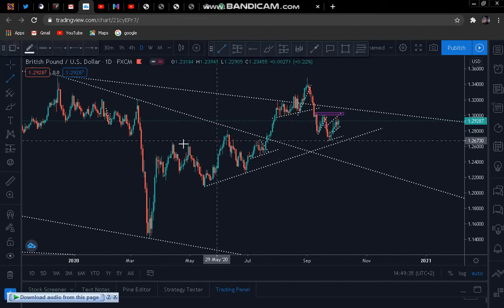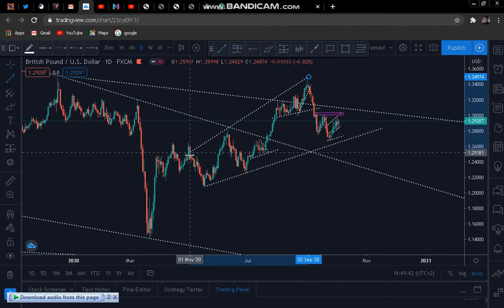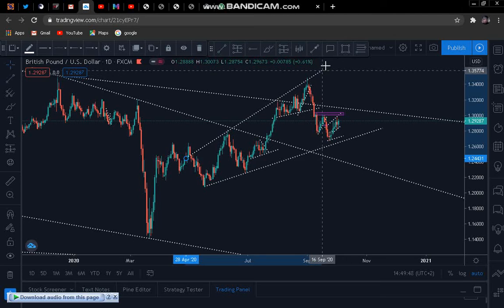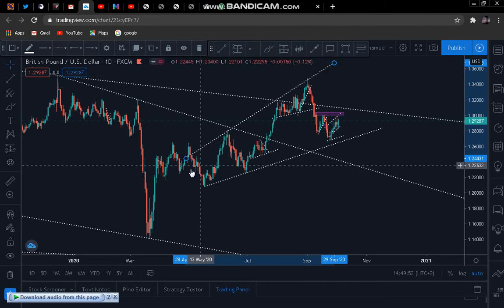let me see if I can plot a trend line here, so that it looks more